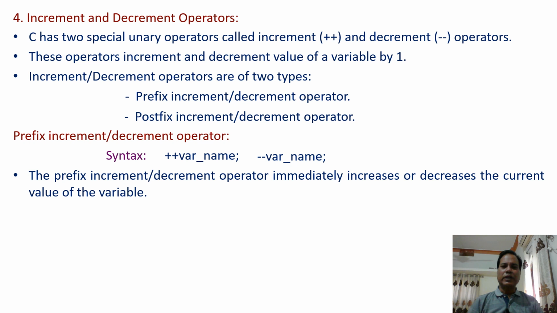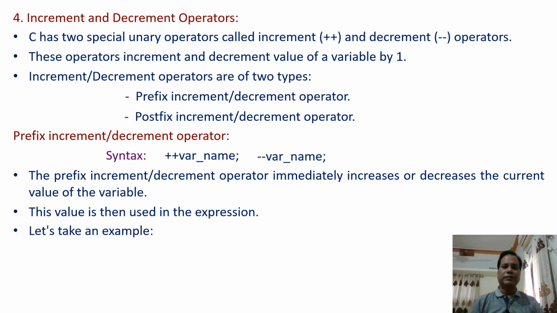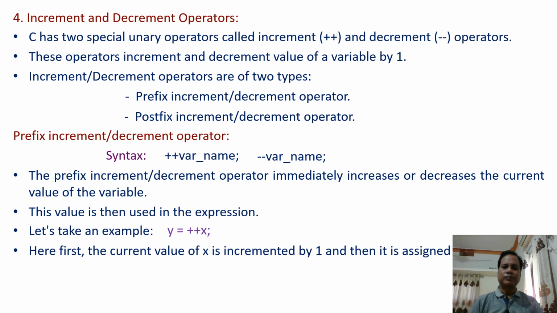The prefix increment/decrement operator immediately increases or decreases the current value of the variable. This value is then used in the expression. Let's take an example: y = ++x. Here, first the current value of x is incremented by 1 and then it is assigned to the left side variable